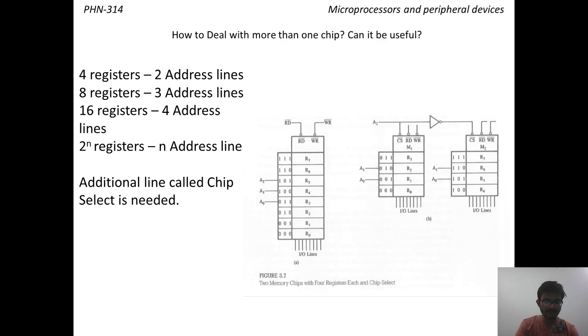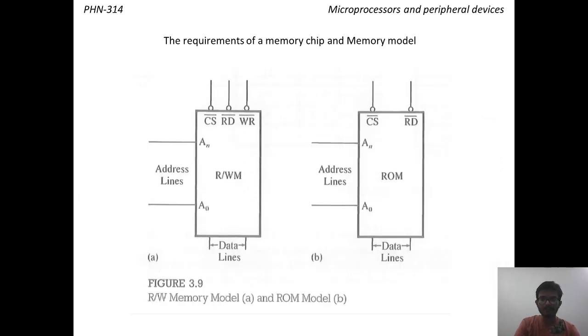Using multiple chips gives us more flexibility in chip design. After reviewing the above explanations, we can summarize the requirements of a memory chip. Then we are able to build a model and match the requirements with the microprocessor bus concepts.